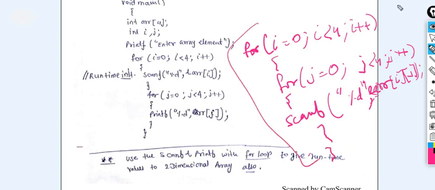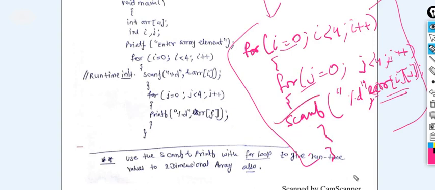Now this particular line of code will give you clarity on how to insert the elements in the same order as in the previous example. I have already told you in detail how to use the i and j variables for the increment and how these loops are executing. So the same i and j index values are used in order to insert the values also with the help of scanf.